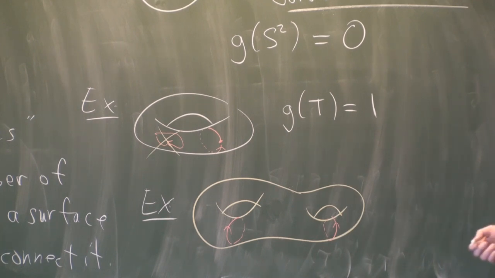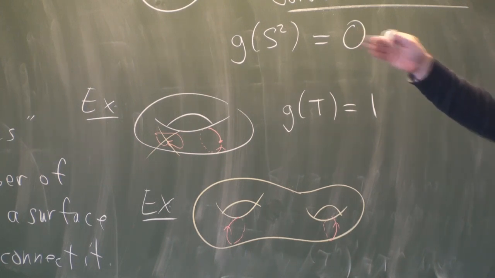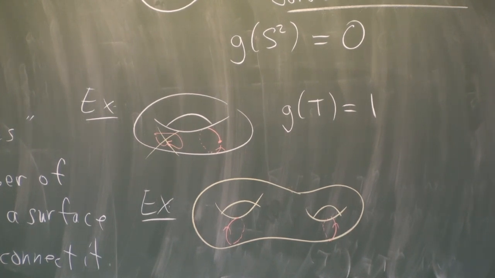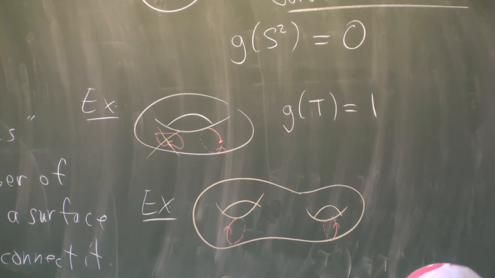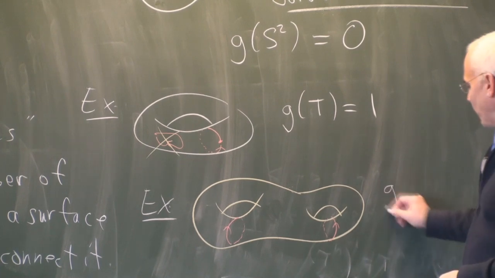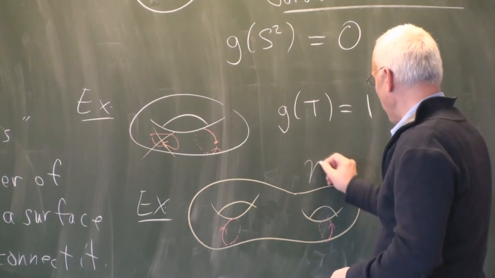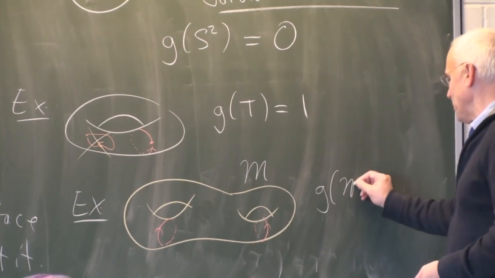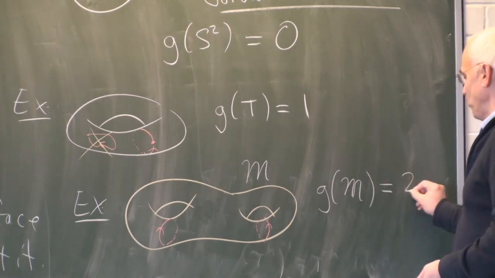Do we call it n-hole torus T to the power n? No, I don't think there's a... no, we prefer powers to represent actual products in the sense of topology. So I'll usually say 3-hole torus or 2-hole torus and not have a separate name for it. So here, the genus of this thing, let's call it M, G of M would be 2.